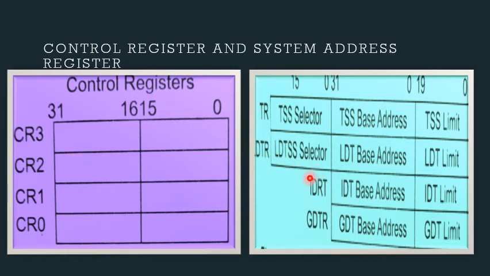The 80386 has 4 system address registers to refer to the descriptor tables, as shown in the figure. The 4 different types of descriptor tables are the global descriptor table, interrupt descriptor table, local descriptor table, and task state segment descriptor.